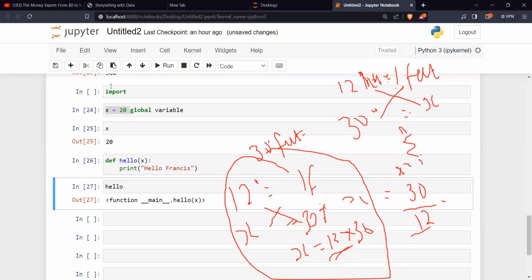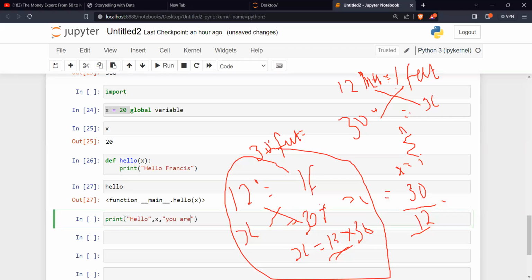So if we now say print, maybe print hello, let's say x, right? Print hello x, is it not? And I say, you are welcome. So what are we trying to do now?